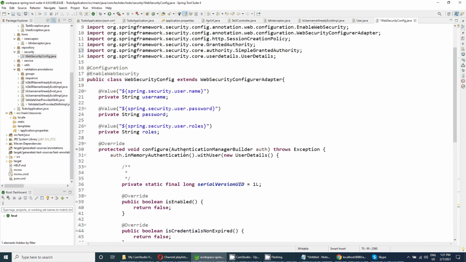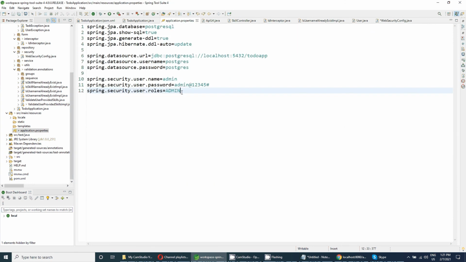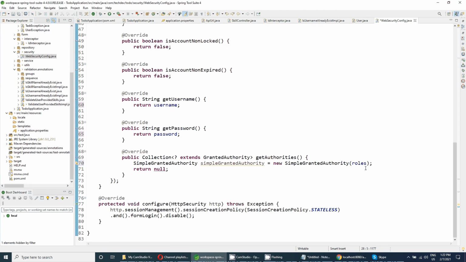So basically right now we have only a single role here. Otherwise, if I give it with a comma, then we need to loop over it, iterating over the comma-separated values.